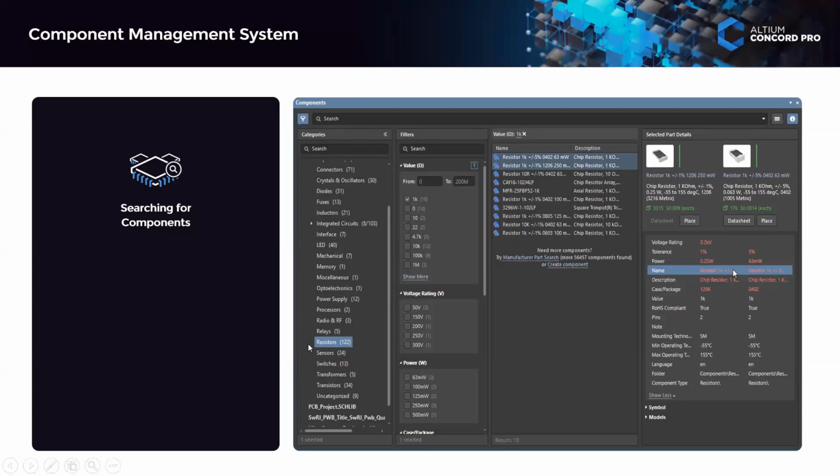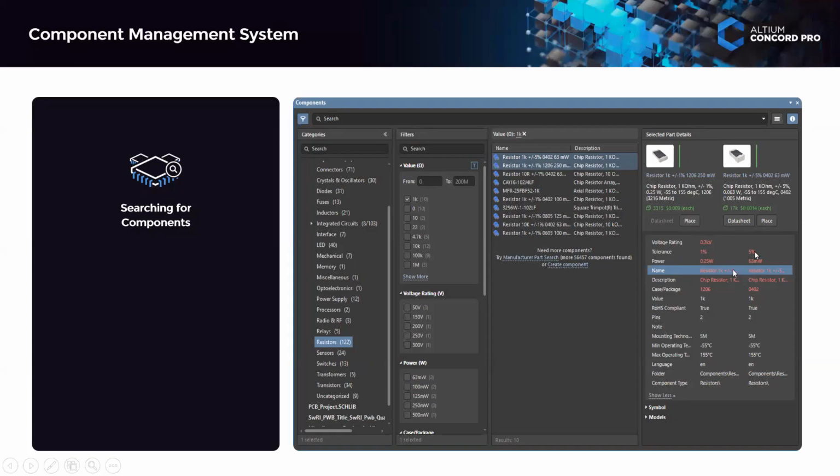For example, you can see I searched for a resistor here, and then you can filter the components by using some values. For example, a 1 kilo ohm resistor, you can filter it. Once you filter, you will see under the search tab that 1 kilo ohm, and what all the resistors are available. After this, if you want to compare, see there are two resistors of 1K, and more or less they are the same. If you want to compare the two resistors, holding the control key, you can select them and see their comparison. The comparison will give you the data sheet information.